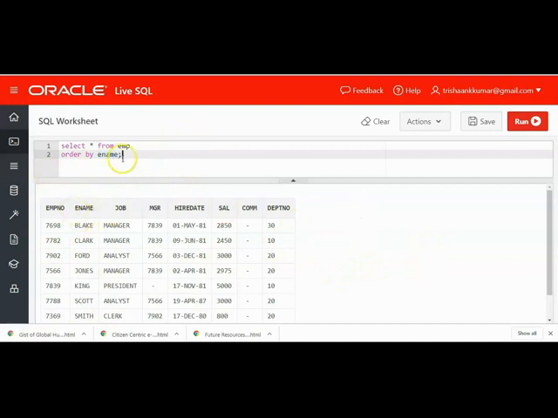We will try to sort the data based on hire date. See, hire date is a column that is present in the EMP table. So now we have displayed the values in increasing order of hire date. That means the oldest date is given the first preference, because 1980 is smaller than 1981. Whenever it compares values, 80 is less than 81, but as per the format of date, 80 is greater than 81.